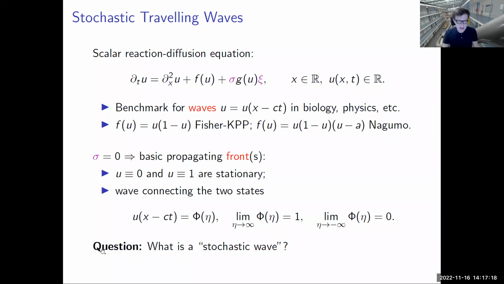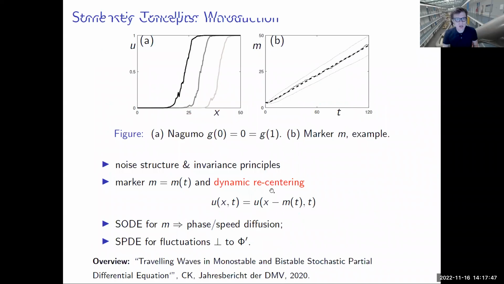Let me rather raise the question: now if I add noise to this equation, which comes, for example, from microscopic disturbances, external forcing, the micro to macro limit of finite particle systems, there are many sources where this noise term could come from. What would be the definition or the construction of a stochastic wave? So how would I actually think about a stochastic traveling wave? Which is very reasonable, I should think of these objects. So here's a very high level introduction to this.